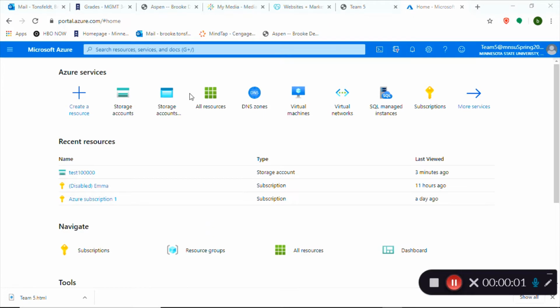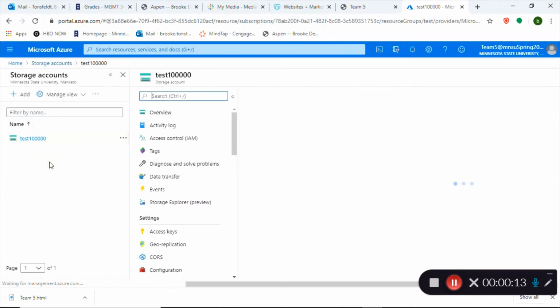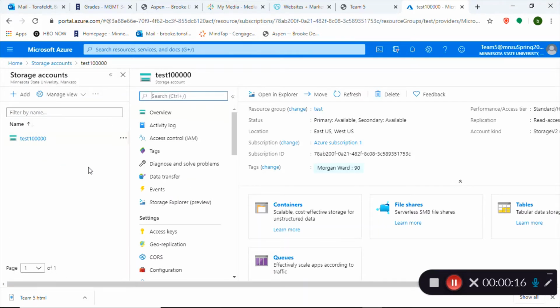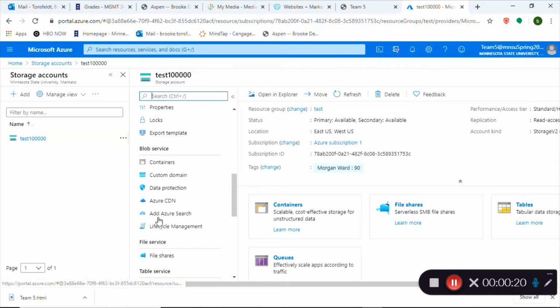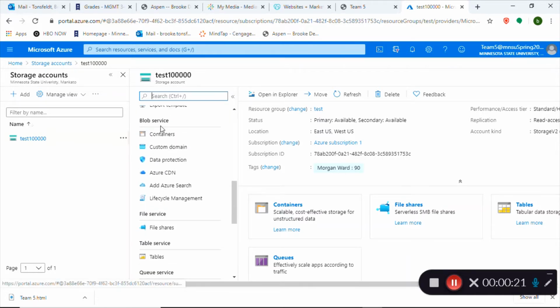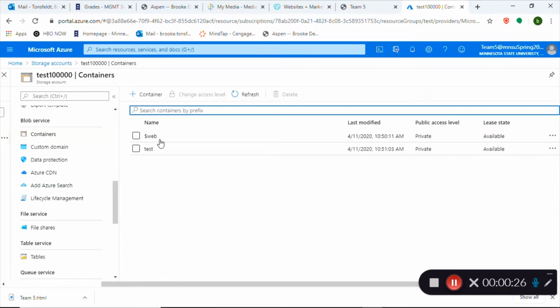Hi, today I will be showing you how to set up a blob container in your storage accounts. So from your home page on Microsoft Azure, go to storage accounts. And I just have test 100,000, so any storage account you make or add. And I will be going to scroll down into your scroll tab and go to blob service and then go to containers. And then to insert a website, these two should be up, web and test, and go